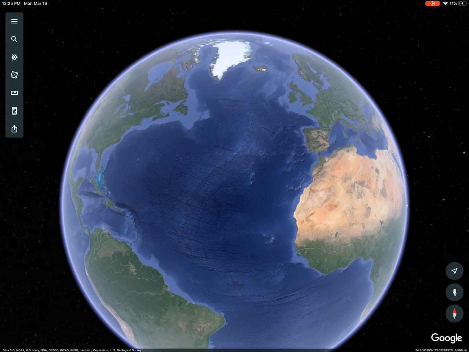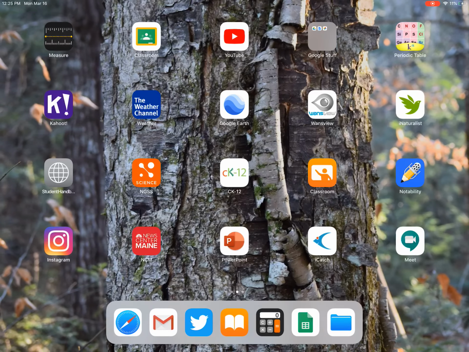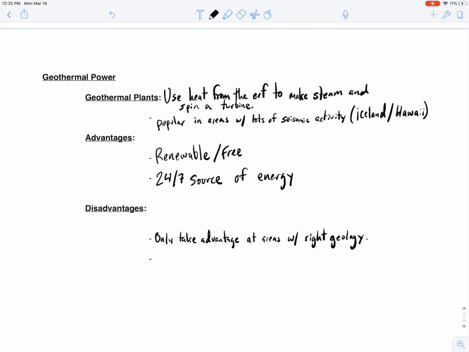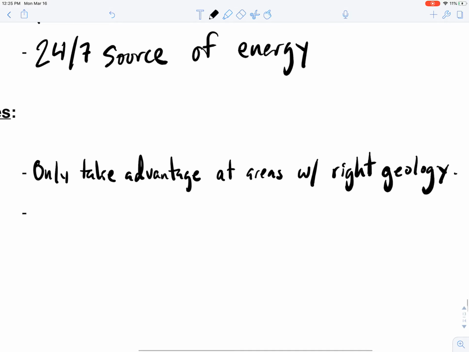So certain areas, if you're along a plate boundary or you're in a hot spot with lots of volcanism, you've got the option to make some geothermal power. But you've got to take advantage of the area with the right geology, and unfortunately, Maine is not one of those places. If you watch closely in that student energy video, they also mentioned that there are small amounts of